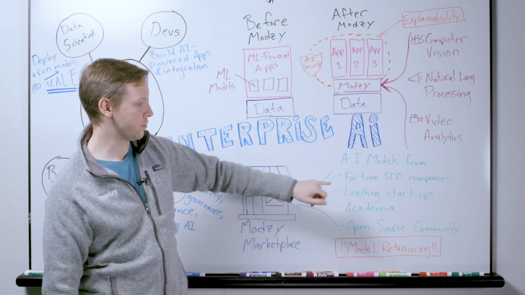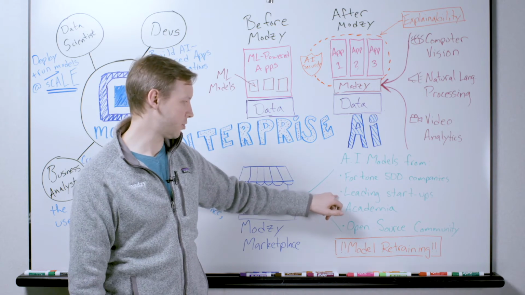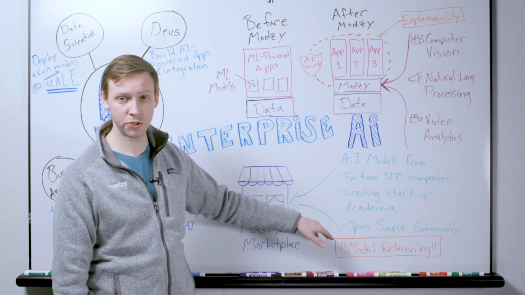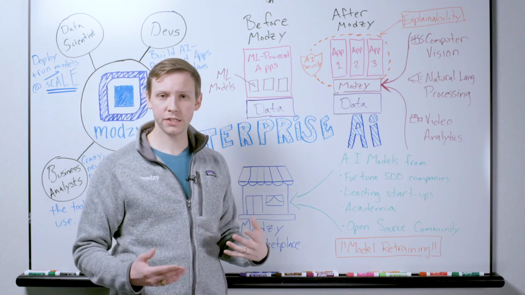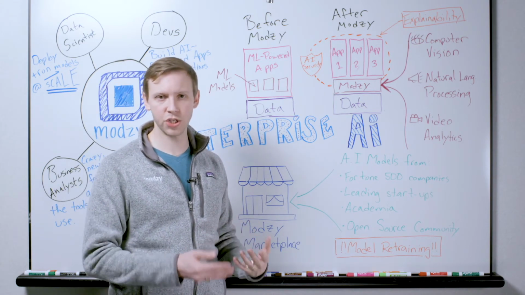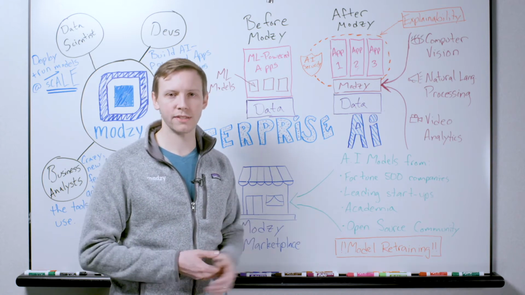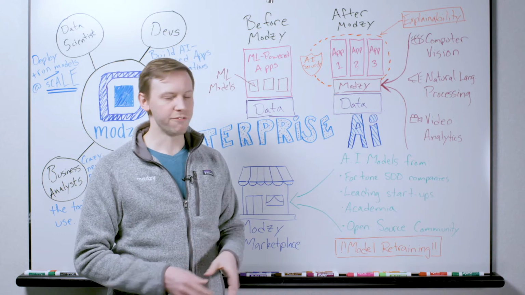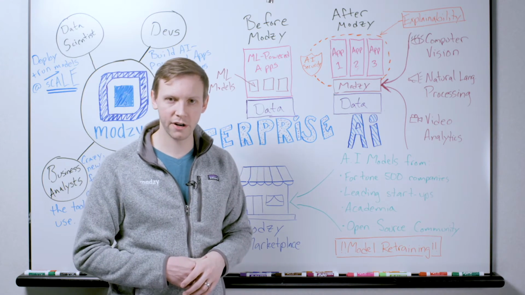So this includes models from Fortune 500 companies, from some amazing startups that we've been building partnerships with, academia, and the open source community. So within this marketplace, you can basically hunt for algorithms designed to do the job you need them to do, from building detection to language translation to voice segmentation and audio to damage detection after a hurricane.